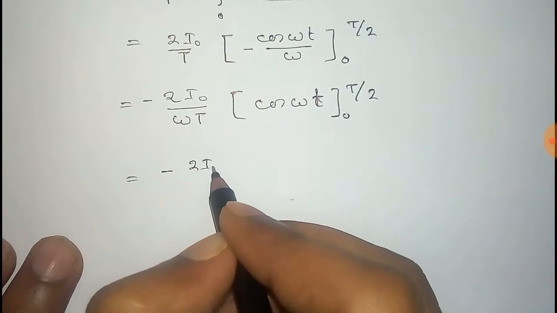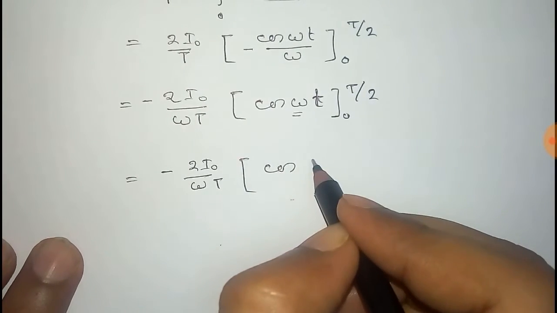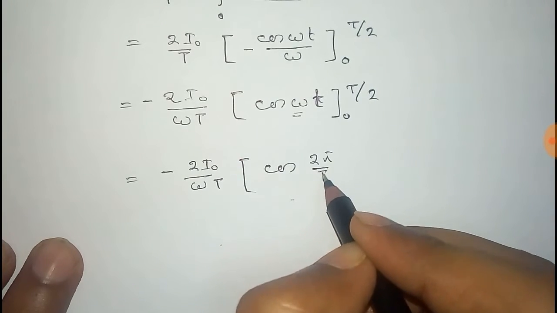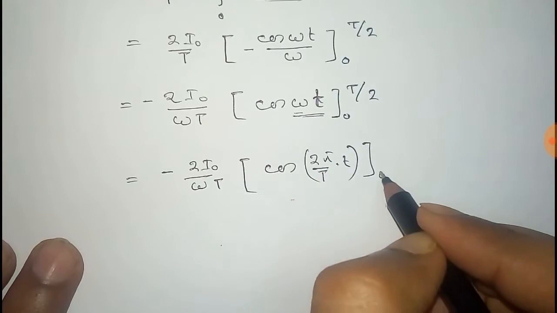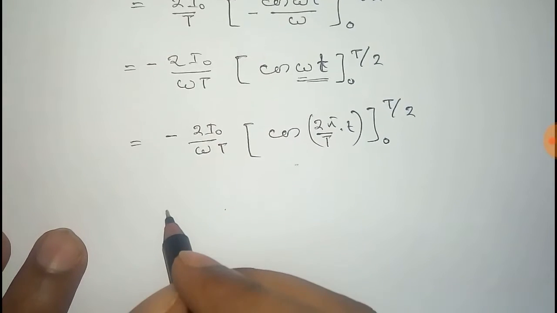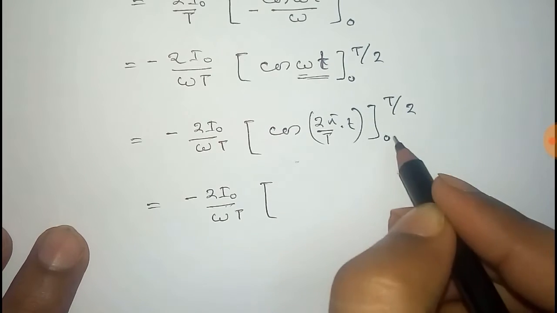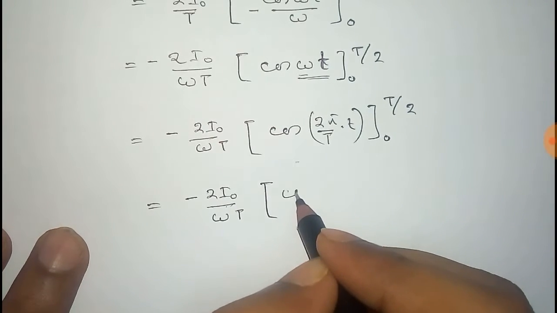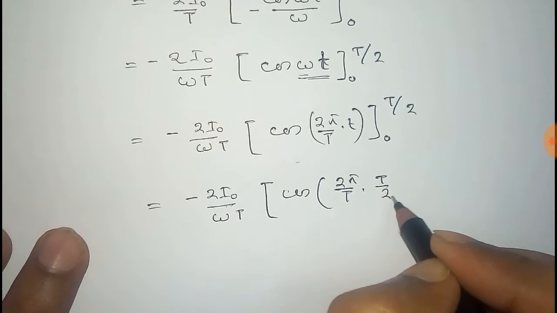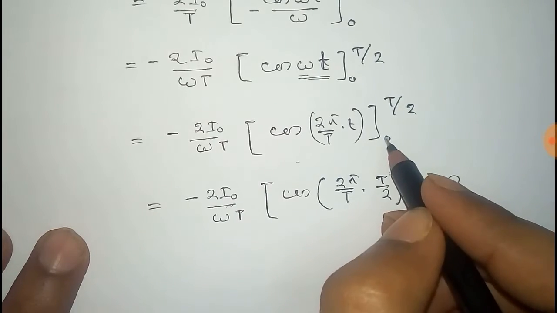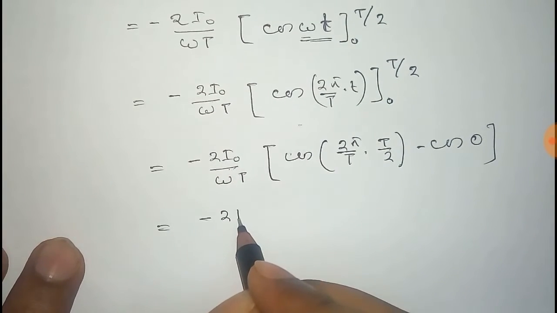Now that's equal to minus 2 I naught by omega T, and this omega can be written as 2 pi by T, where T is the time period, into cos omega t, and this is the limit 0 to T by 2. So it will be 2 I naught by omega T, and now we put the upper limit, so it will be cos 2 pi by T into the upper limit T by 2, and putting the lower limit this term will be 0, and now this is equal to minus 2 I naught by omega T,